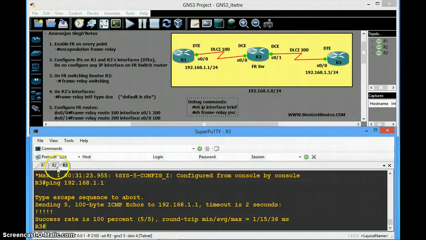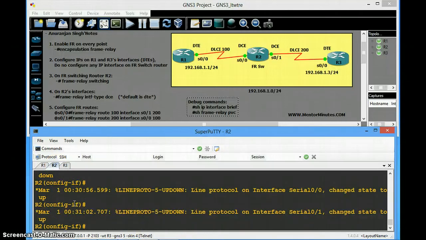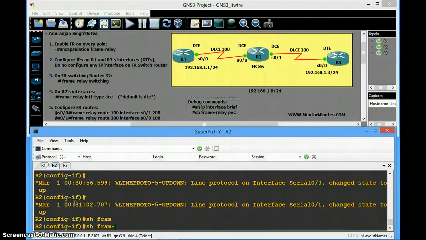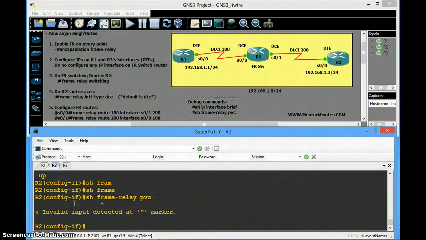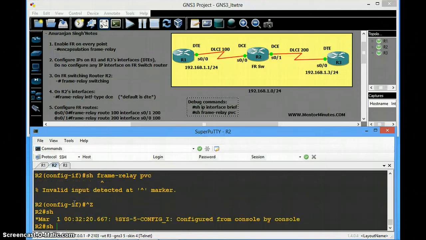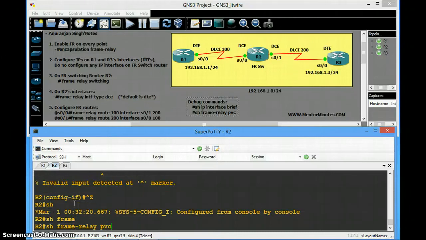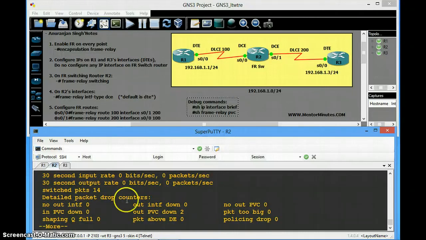So frame relay PVC we can check at router 2. So frame relay, permanent virtual connection wise.